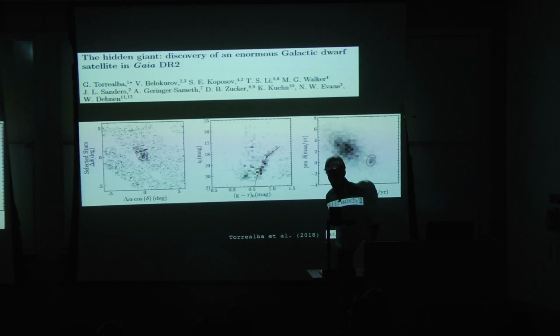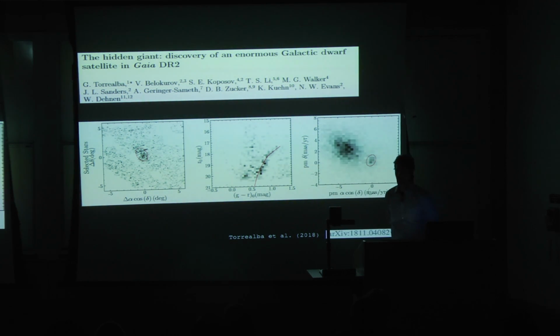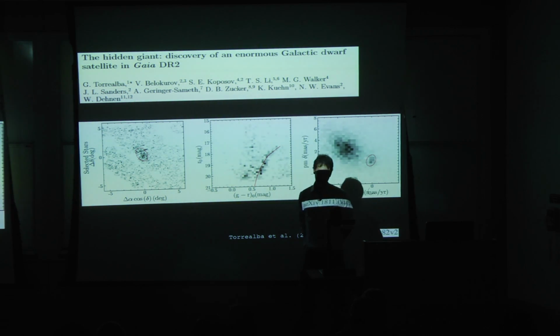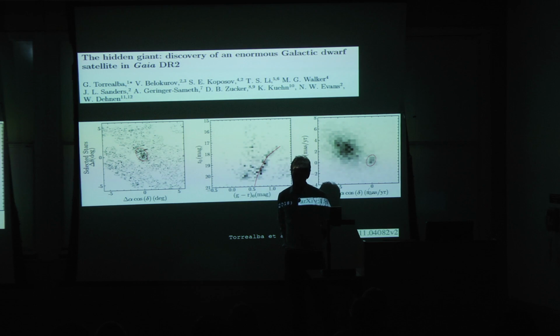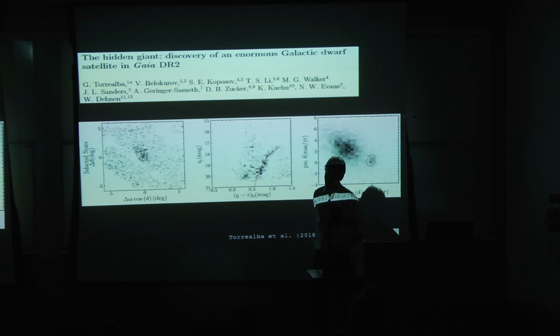So I'll focus on this new object that was discovered about 6 months ago by the Cambridge group, student or postdoc now, Gabriel Torrealba. This object is in the constellation Antlia, so it's called Antlia 2. It's the second object to be found in that constellation. And what's interesting about this object, first, is that it's the first galaxy and the only galaxy so far to